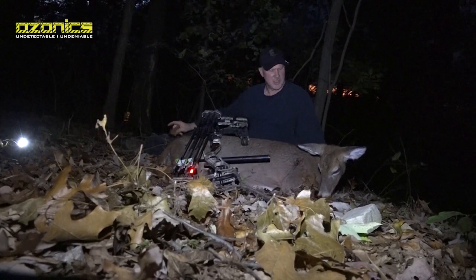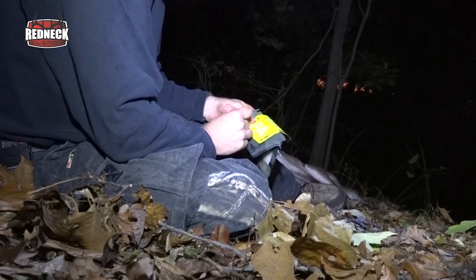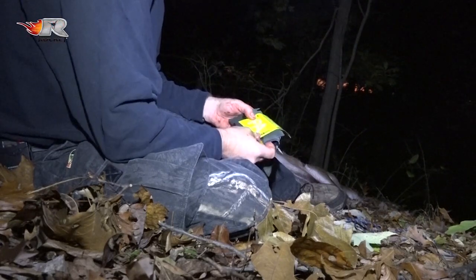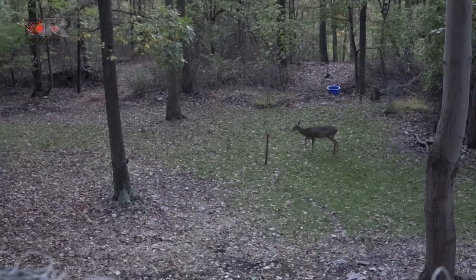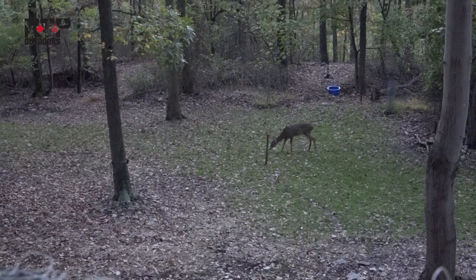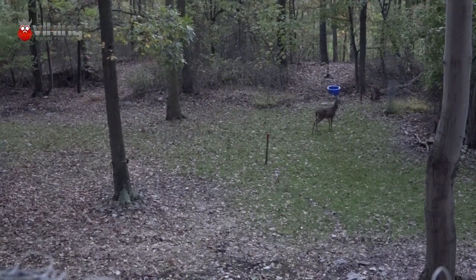On the board. Well, folks, we accomplished what we set out to do tonight. We wanted to get a little table fare, wanted to get some deer meat in the freezer, and I managed to kill a decent doe. And she did everything by the script. I mean, she came right into the food plot. I almost spooked her when I drew my bow, but she only jumped a couple feet, didn't know what was going on,